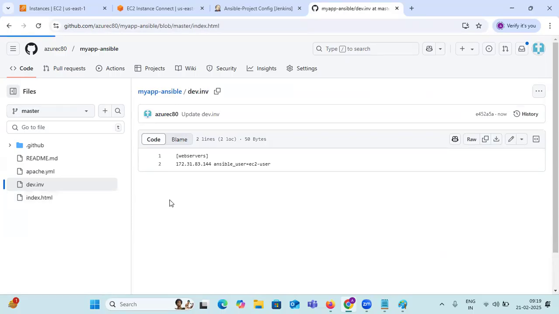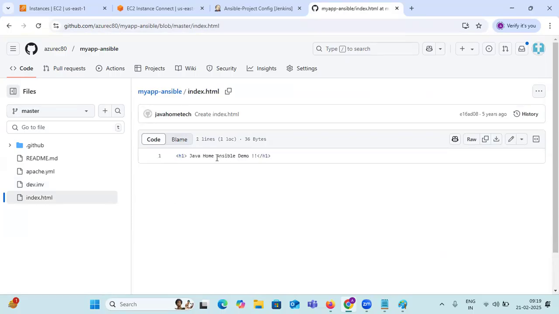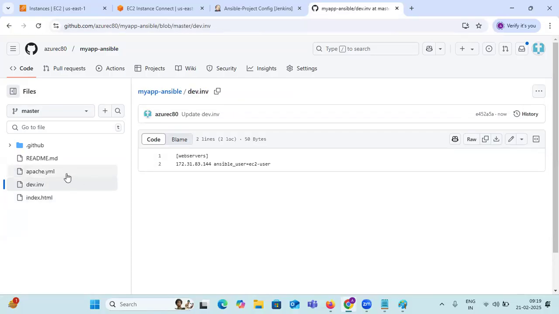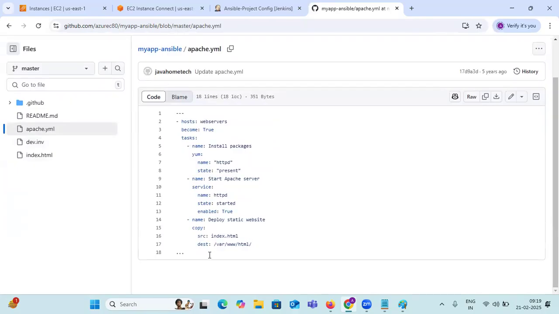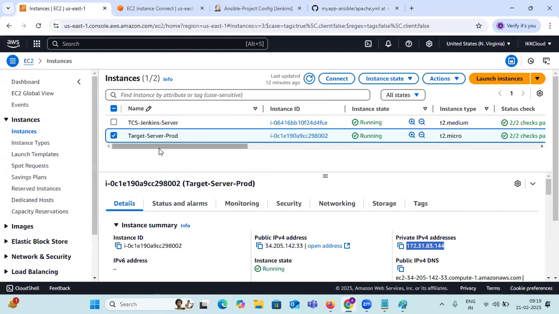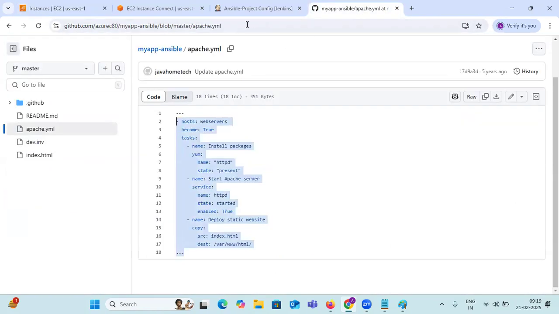This is the HTML index file. So Java home Ansible demo. Fine. So this is the inventory file. Fine. So this is the server Ansible playbook. I want to execute this Ansible playbook. Once you execute this Ansible playbook, the Apache web server is automatically deployed into this target system. Okay. Fine. Next, go to